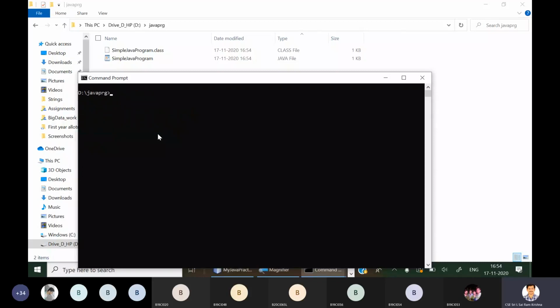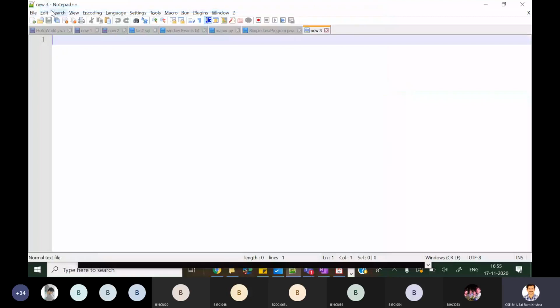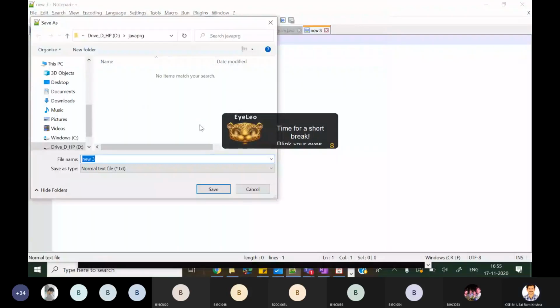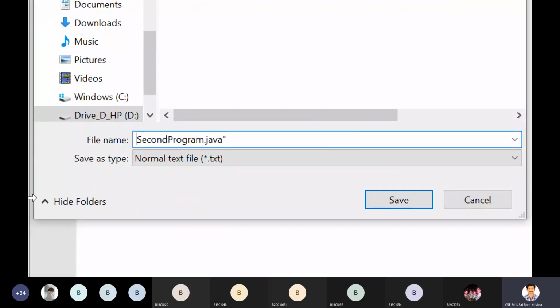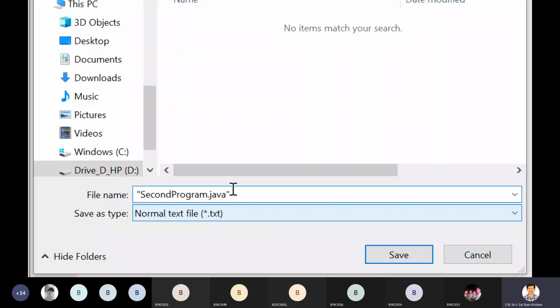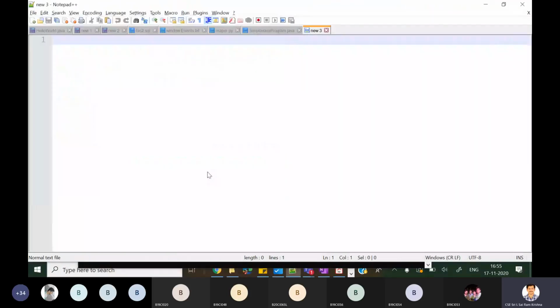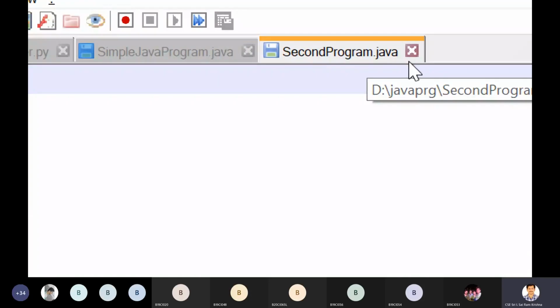If you want to go with another program, then again go for Notepad, open, new, and first of all save that. You can say secondprogram.java. Don't forget to give these double quotes at the beginning and at the end. Otherwise, .txt will be appended. It's a problem again. Save. Now you can see that it has the extension secondprogram.java.